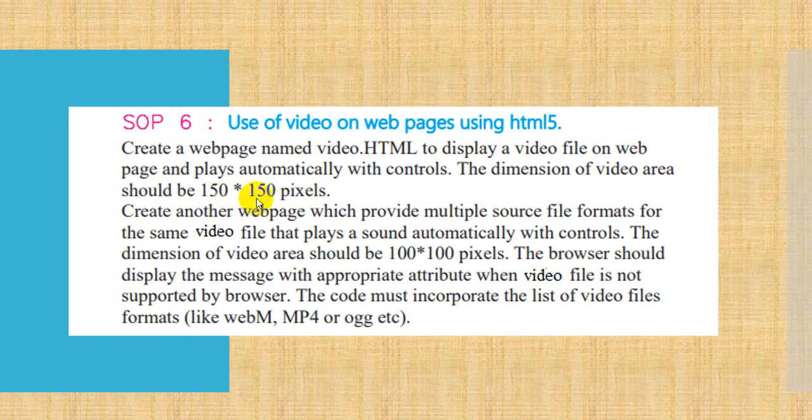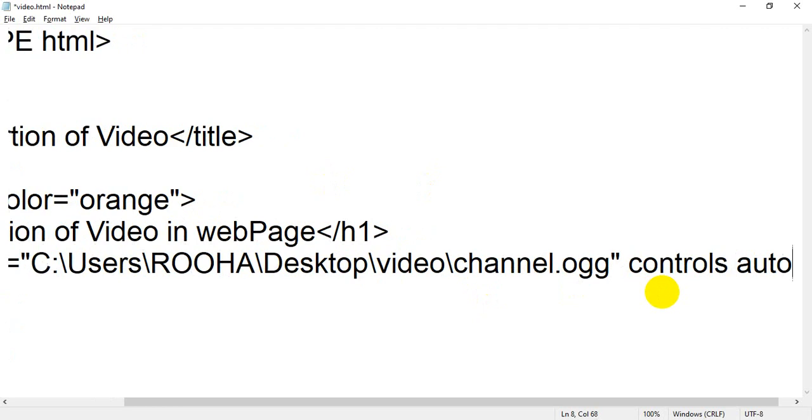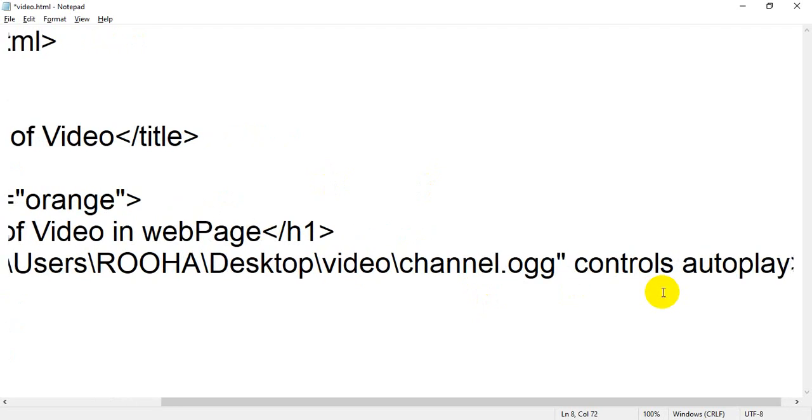So right now we have to use three attributes: one for playing automatically, that is the autoplay attribute, and the width and height attributes inside our video tag. So I am moving back to my notepad.